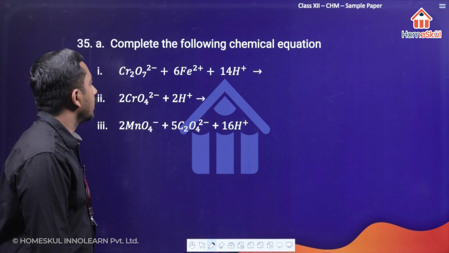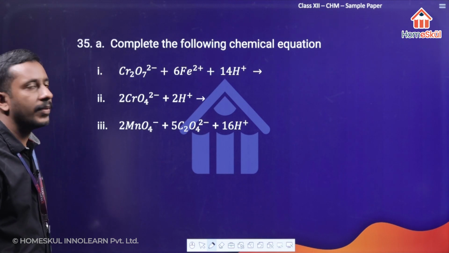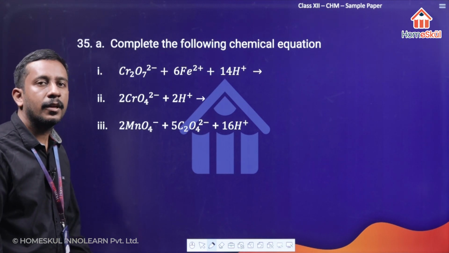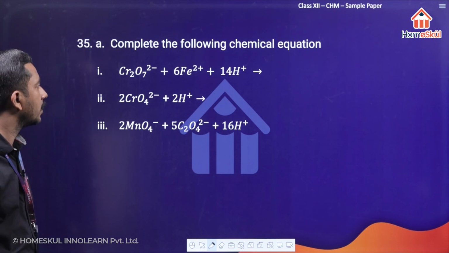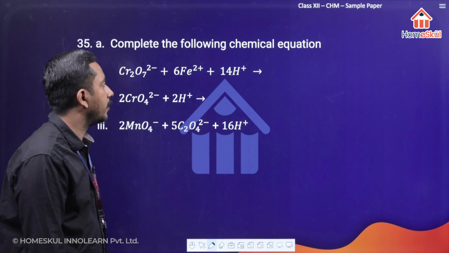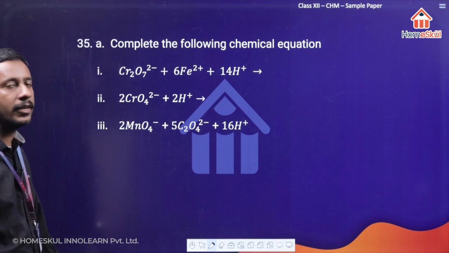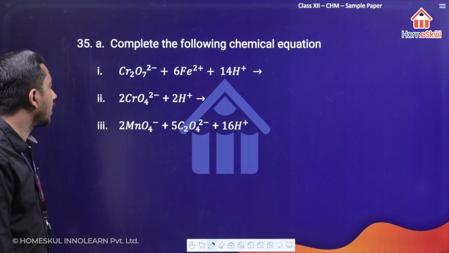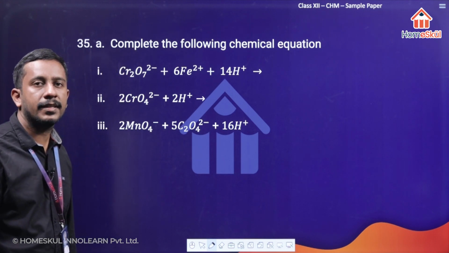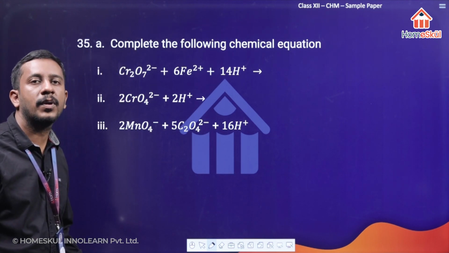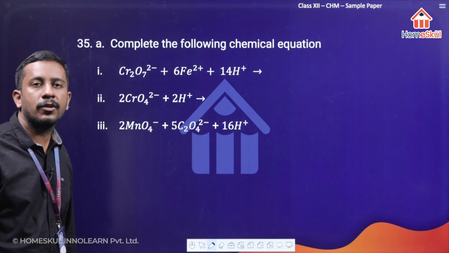Now the final question, 35th question, we have to complete the following chemical equation. There are 3 chemical equations given here. We have to finish the chemical equations. The first equation, we have Cr2O7 2- reacting with the Fe2+ in acidic medium. So what will be the action of dichromate ion with the Fe2+ ion in an acidic medium? So we know that dichromate is a strong oxidizing agent. So that will be oxidizing Fe2+ into the next oxidation stage, that is Fe3+,